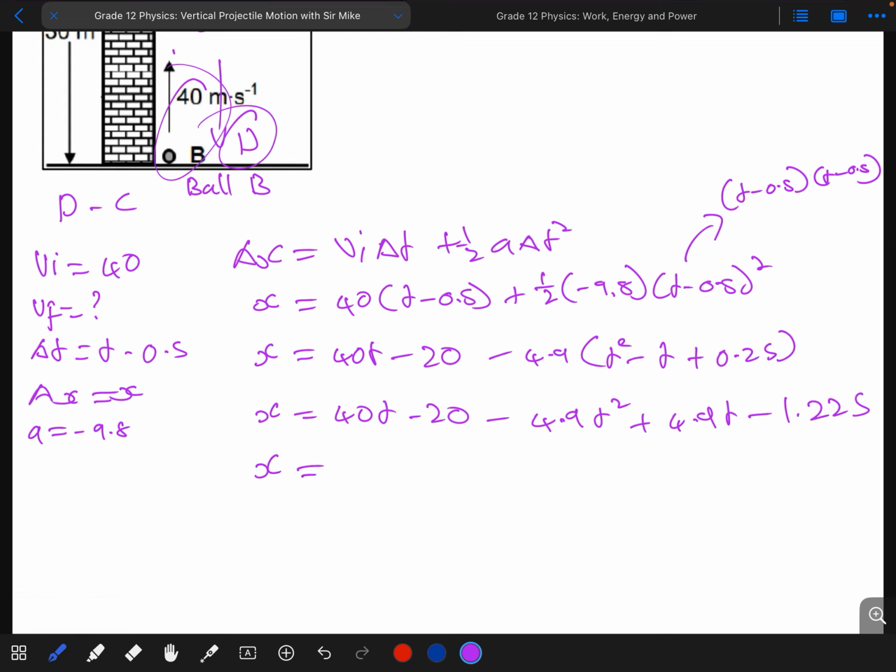So x equals, I'm going to put this first, negative 4.9 t squared, minus